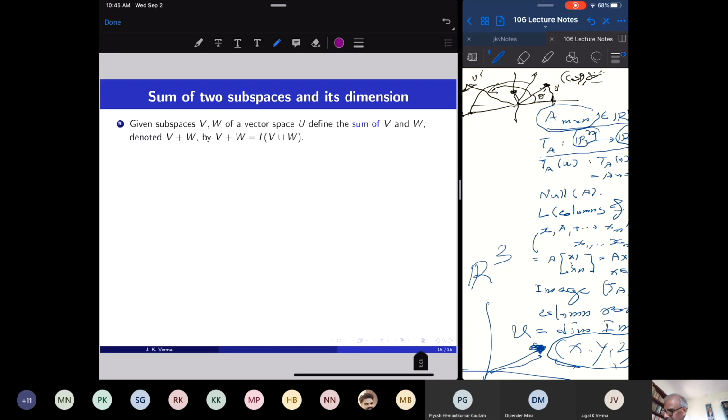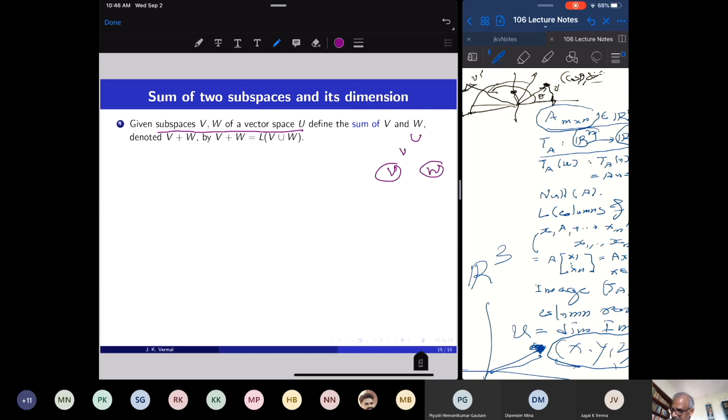All right. So finally, we want to see what happens to dimension when we add two subspaces. A vector space has all kinds of subspaces. In R3, for example, any plane passing through the origin represents a two-dimensional space, and any line passing through the origin represents a one-dimensional space. So I can add vector spaces simply by taking their bases and their linear span. Given subspaces V and W of a vector space U, I will define: U is my vector space and V and W are two subspaces.